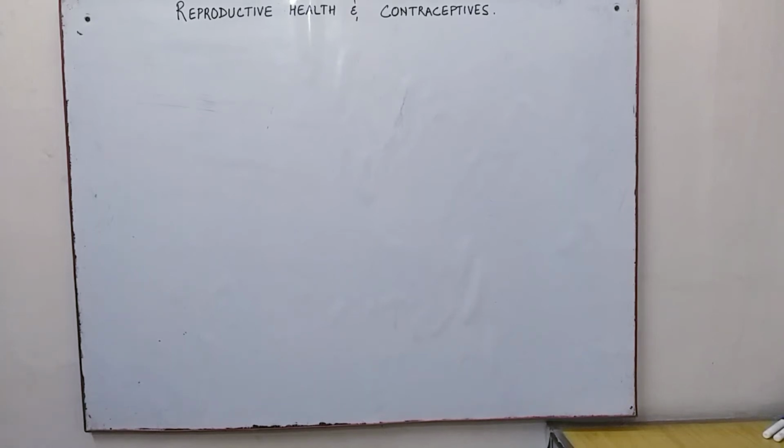In this video, we'll be talking about reproductive health and the use of contraceptives. What is meant by reproductive health? Reproductive health is actually proper maintenance of healthy reproductive organs. It also refers to the methods by which we can prevent sexually transmitted diseases or